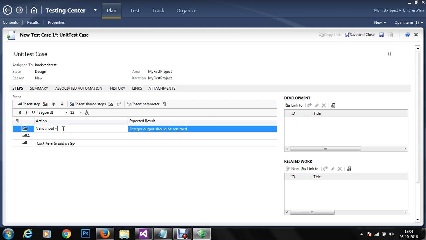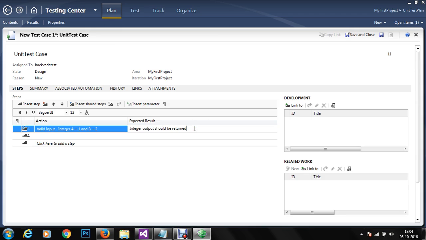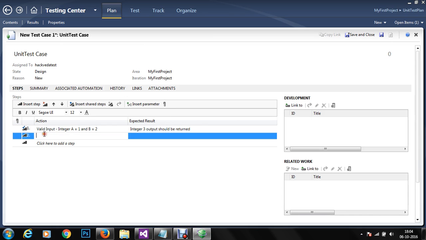Valid input: integer a is equal to 1 and b is equal to 2, and integer 3 output should be returned. That will be our first case.